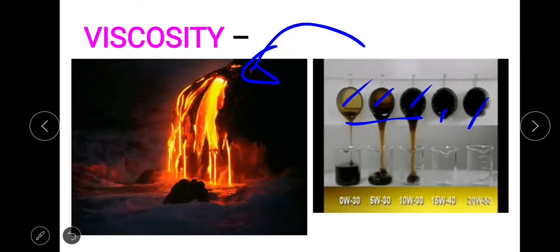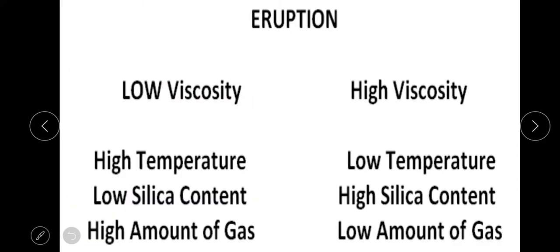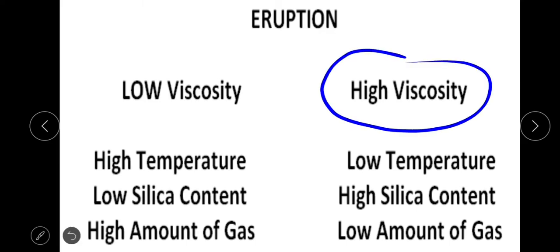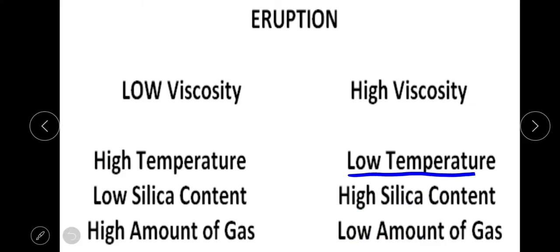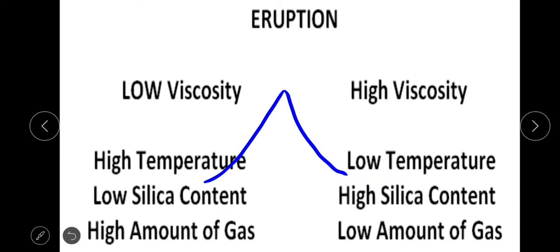That is viscosity. Now, why is it that a volcano will erupt? It depends upon the factors, and one of the factors is the high viscosity of magma, because the high viscosity of magma is determined by these 3 factors here. We have the temperature of magma, the silica content, and the amount of gas. Okay, first we're going to study low temperature of magma. First, if this is our volcano,